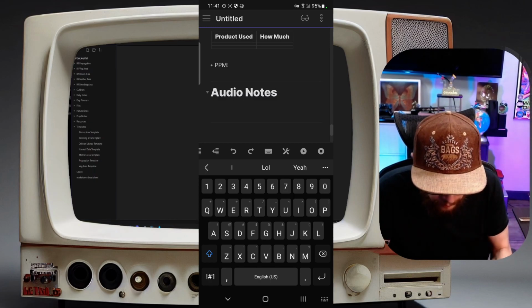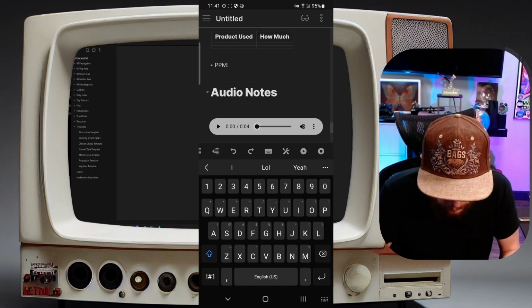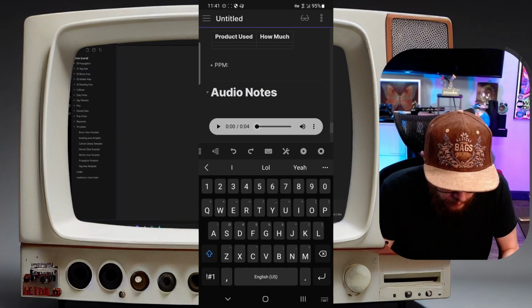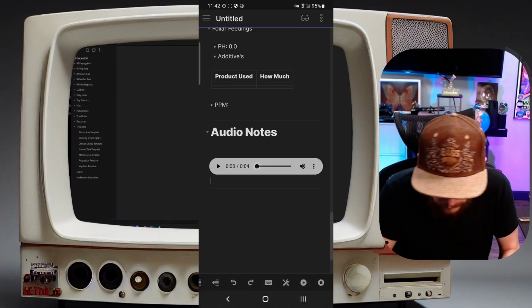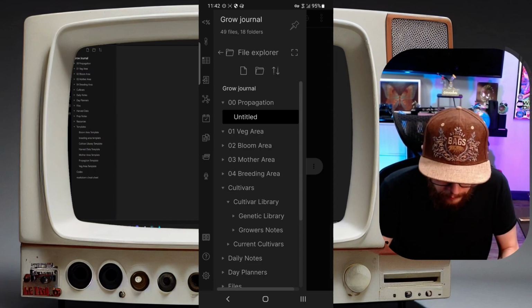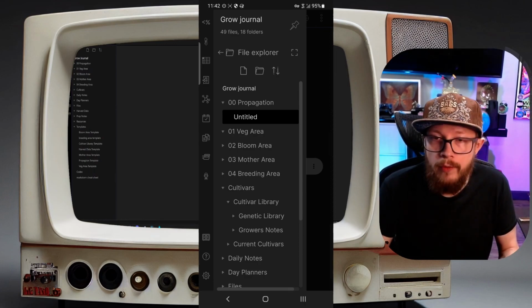And then hit stop, and then you'll have an audio note directly in your Obsidian notes, and that will transfer all the way into the computer with the syncthing. And that, if you continually use this grow journal setup and make sure that you're tracking everything over a 3 or 6 month time span, you have a decent data set to go back on and try to improve your gardening skills. So let's get to installing Obsidian and syncthing on the computer,